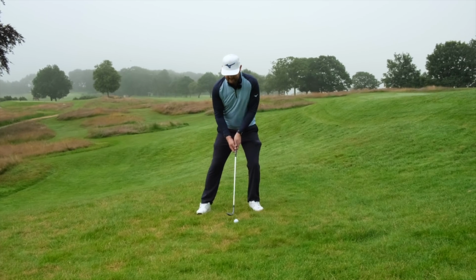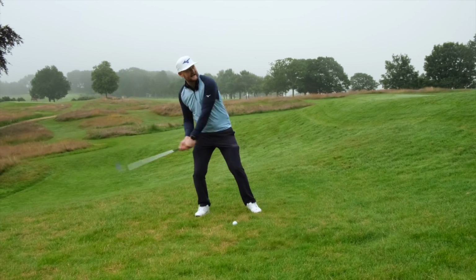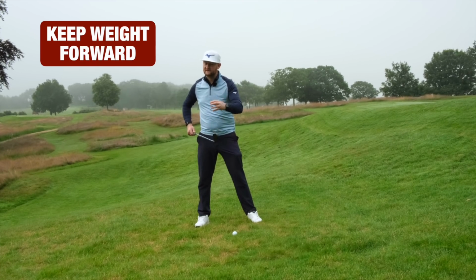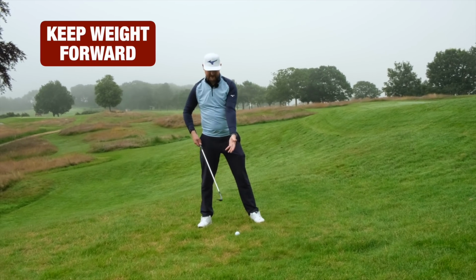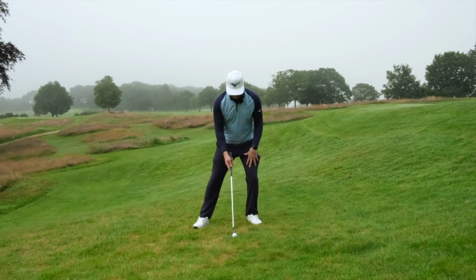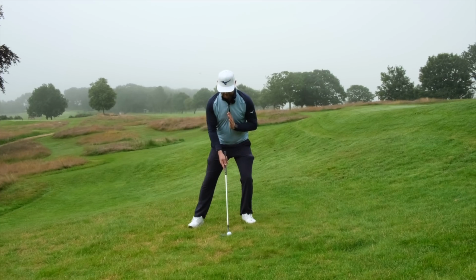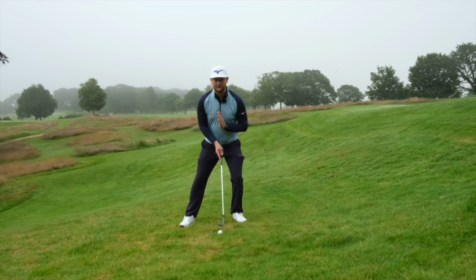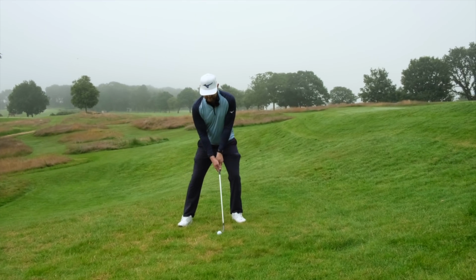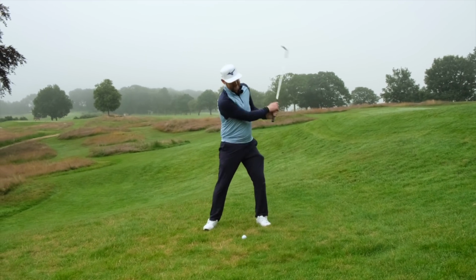One of the big temptations is to lean back and try and help it up in the air. We're doing the job by opening the face up and using a lofted club, actually giving the shot the loft it needs. I need to see that I've got that weight in front of the golf ball here, so my sternum is pretty much in line with the golf ball as we go through it. I've got loads of loft, and then the big thing for this is it needs speed, it needs commitment,